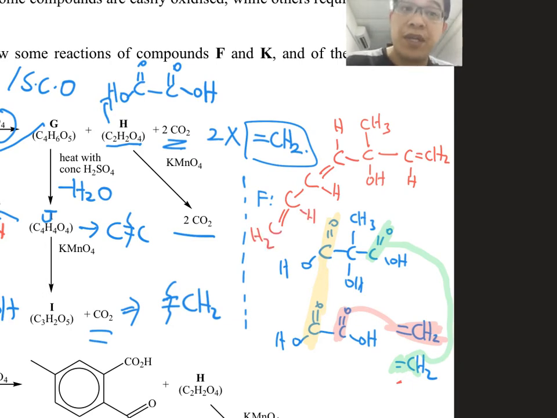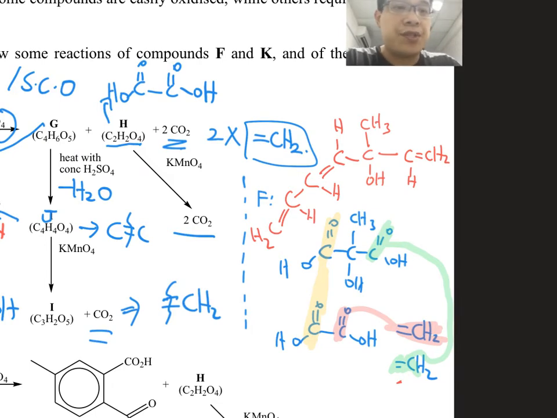Then you go and verify whether this is correct. So you see, this one is a double bond, you cleave it, CO2. Then you give a carboxylic acid here. It cannot be oxidized further, you cleave it away, carboxylic acid, and this one will give you a carboxylic acid; you cut it again, you get another carboxylic acid. So this is what we call the oxalic acid derivative. And you cut this bond away, you get CO2 and H2O. So you complete the whole structure here to give you your final product of your F, right?